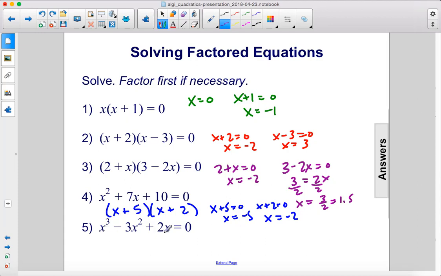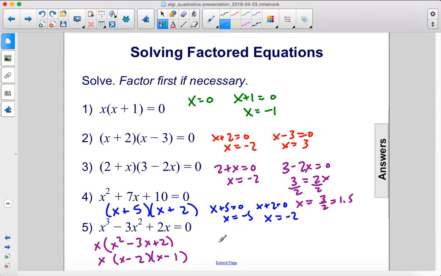Finally, we have this one, but look, we have an x to the third power here, and there's an x in every term. So let's take an x out first. That gives us x squared minus 3x plus 2. Now we can factor this part, and that would be x and x. This is negative, but this is positive, so these are both going to be negative signs. And 2 times 1 is 2, 2 plus 1 is 3, so we have 2 and 1 here,